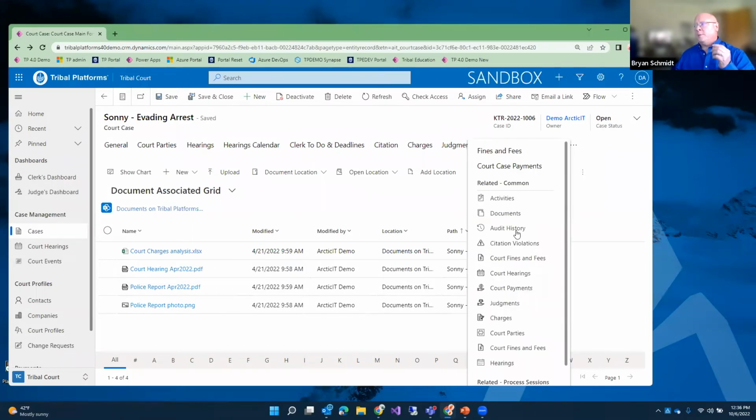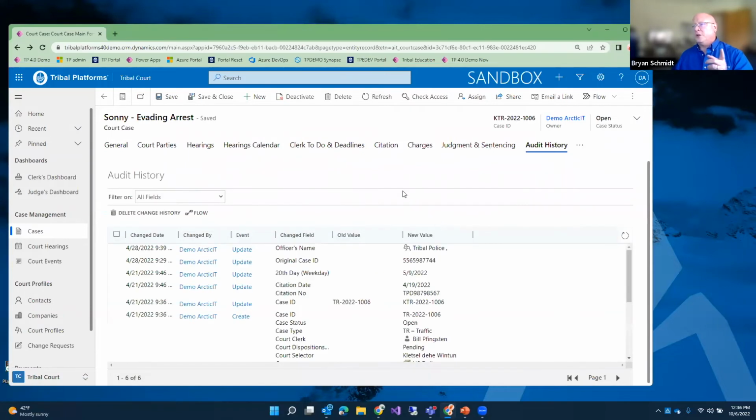And another point I want to make, and thank you for pointing that out, Sonia, is the ability to track the audit history. So I can see all the changes that have been made to the case itself. So if I change the case ID or the dates or any information, I can see who made the change, what was an update or create, what was the previous value and what was the new value. So this is important. If, let's say, an inadvertent edit happens on the record, you want to go back and set that value back to what it was. I can go look at the audit history and find out what that was and reset the value. It gives you great visibility to manage the information on this case.